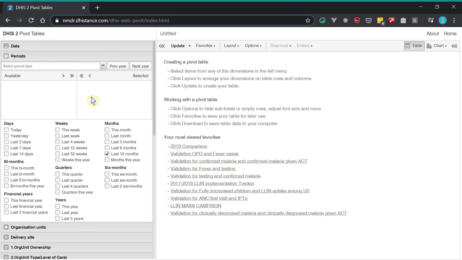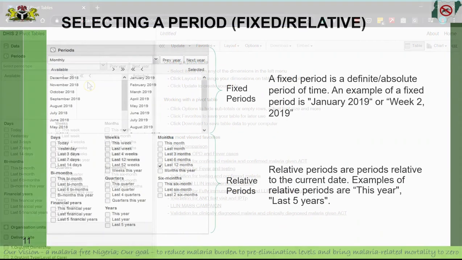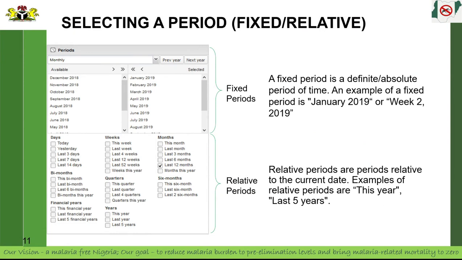Clicking on this will show us all the period options available to us. The first thing to do is to untick the last 12 months, which is ticked by default, unless we intend to collect data for the last 12 months. Now, there are 2 different types of periods we can select: